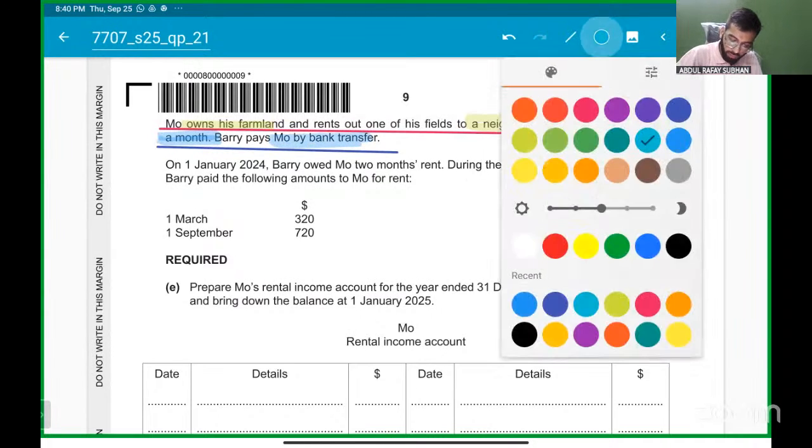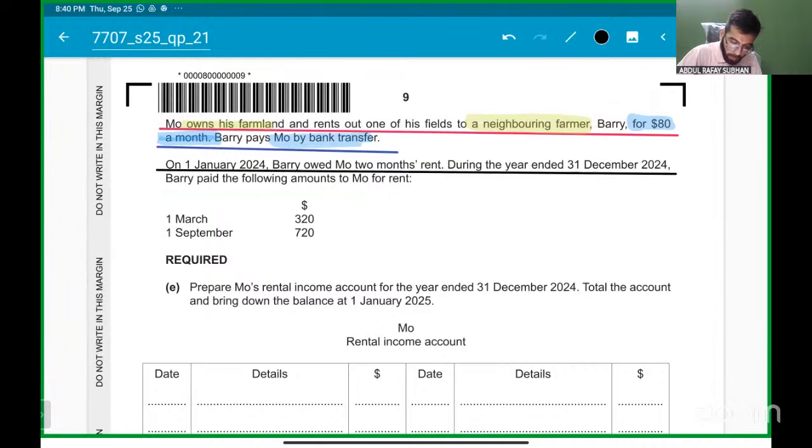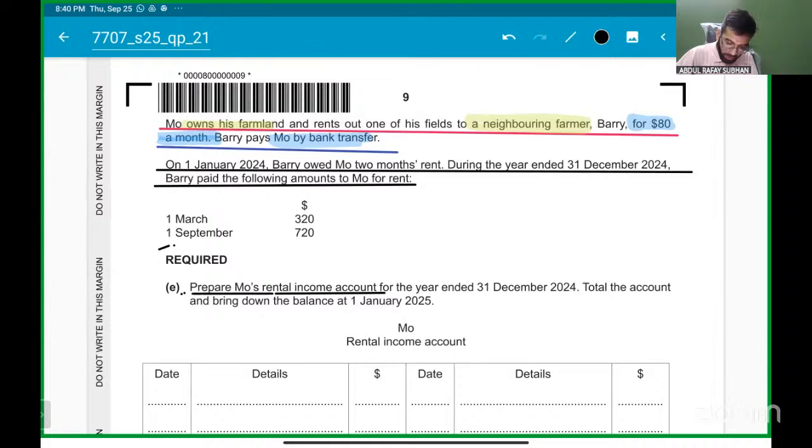So what is happening? On 1st January 2024, Badi owed Mo 2 months' rent. During the year ended 31st December 2024, Badi paid the following amounts to Mo. Prepare Mo's rental income account for the year ended. So please